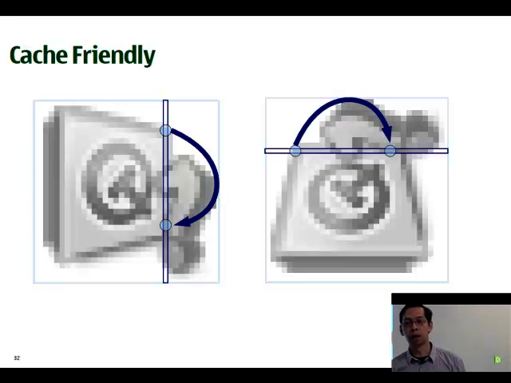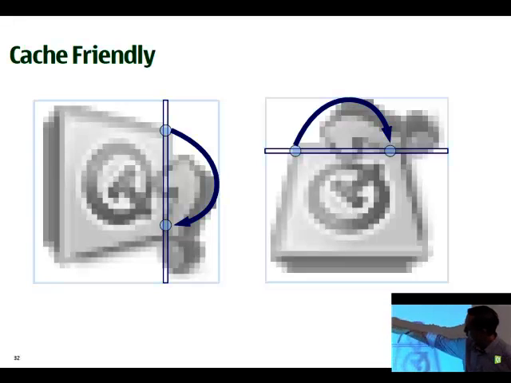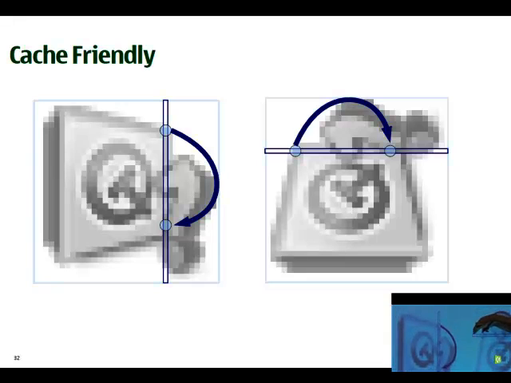Seems not a problem. However, if you look at the modern processor, it has a cache where it can store a small amount of data, any data from the memory, and accessing it will be extremely fast because it doesn't need to go through the bus of the main memory. So what we can do here is we transpose the image. So instead of accessing this column vertically, first you rotate the image 90 degrees, and this column now becomes a row